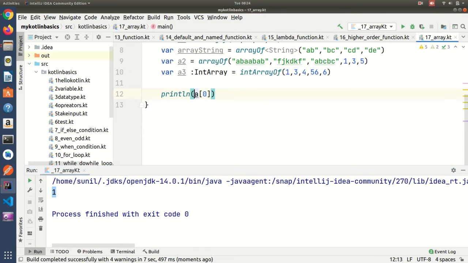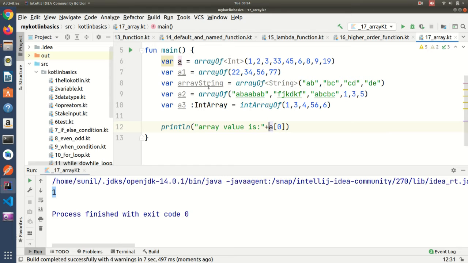Here you can write, and suppose this time you want to print from the string array, the element at 2. 2 means 0, 1, 2.